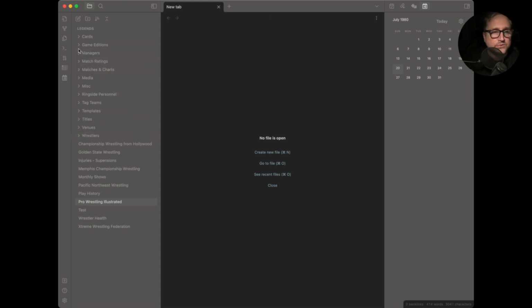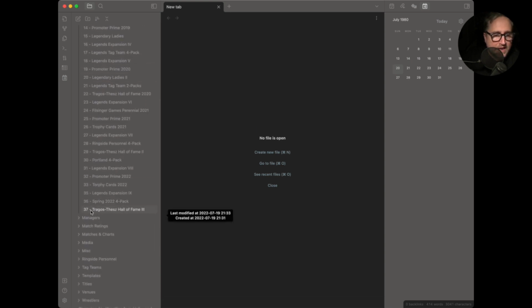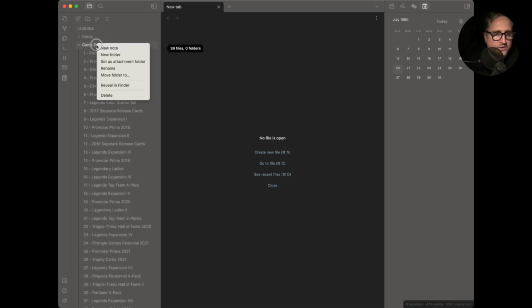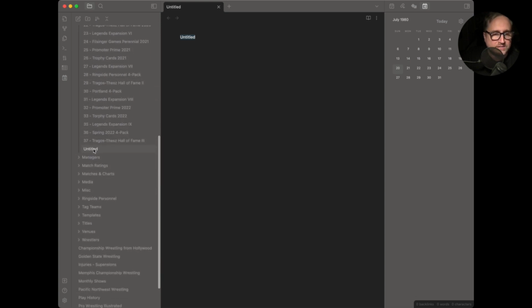So since this is a new game edition, I'm going to go to game edition. I'm going to look down here, and I'm going to create a new file. So see, it says an untitled file down here. I keep them numbered at the beginning just to kind of keep them in order. I'm sure there's other ways to do this, but